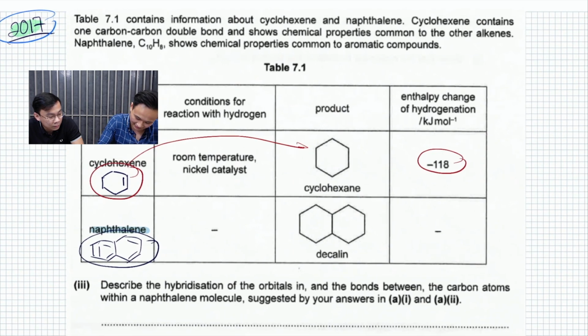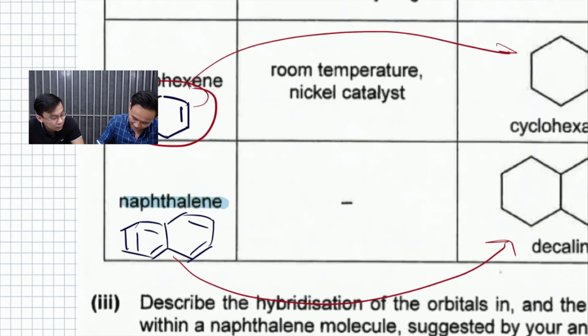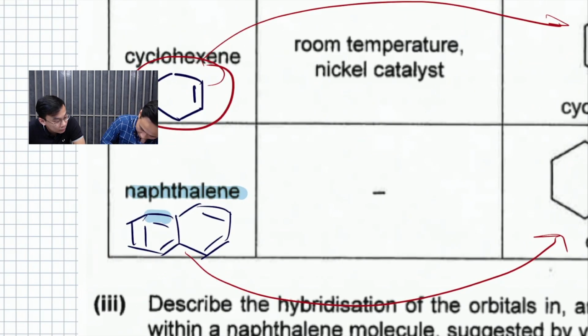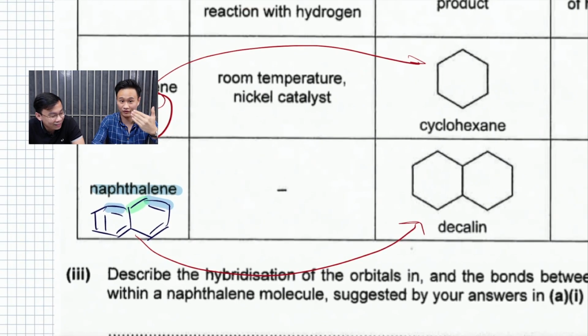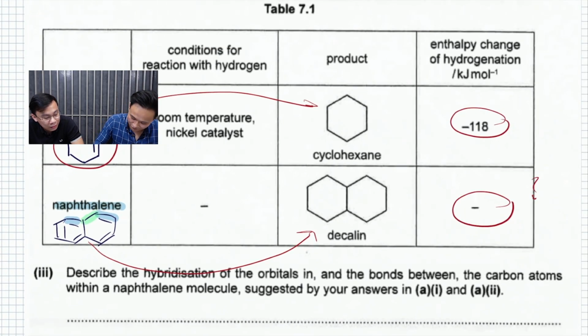How insane. Basically the question was asking, if I hydrogenate naphthalene, what do you think the enthalpy change of hydrogenation will be? If you understood the idea just now, and of course Yap Chen, the moment you look at naphthalene, again, can you see how there are double bonds here? Yep. And it's a double bond here. So in between, you would think there's also a double bond. Yes, because what's the idea called? Resonance. Exactly. So again, there's an idea of resonance stability. So that enthalpy change of hydrogenation, what do you think it is, guys? Think about it. Draw the energy level diagram again and think about it. All right, and that's it.